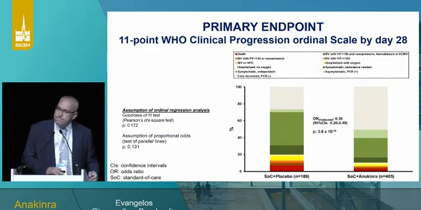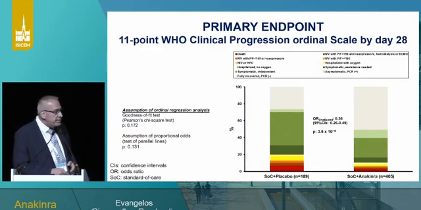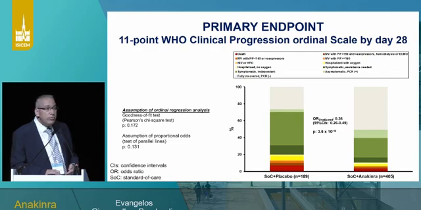So this is the endpoint. Actually, allow me to analyze briefly on that. You see different color bands. And as we move from lower to upper, we move from patients who are fully red, which means that they have died after 28 days, to patients who remain hospitalized, either in the ICU, the full black, or in hospital, yellowish, or who are ambulatory, but they are at long COVID with symptoms, or fully cured. And compare this is the distribution for patients treated with placebo, to the distribution of patients receiving treatment with anakinra.